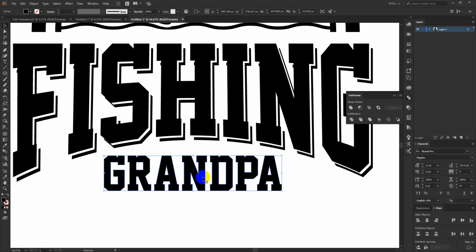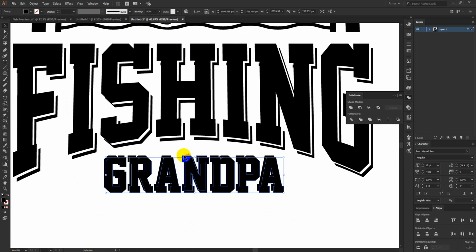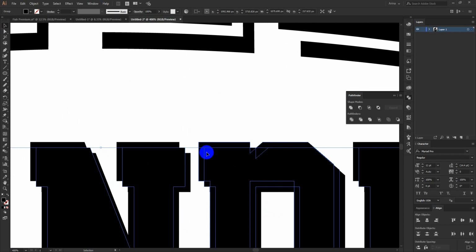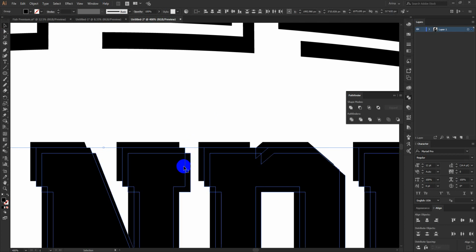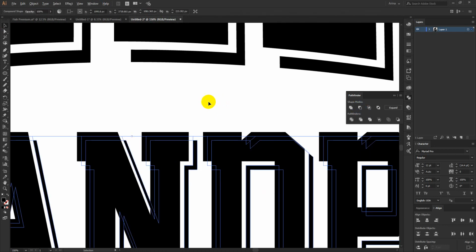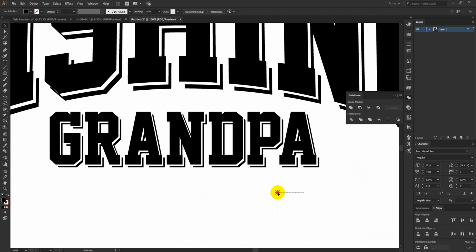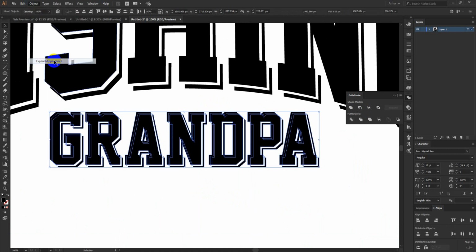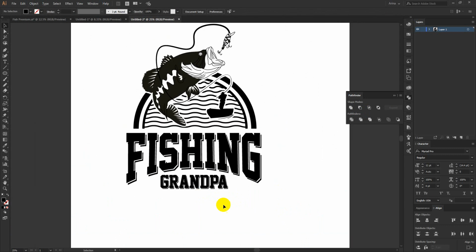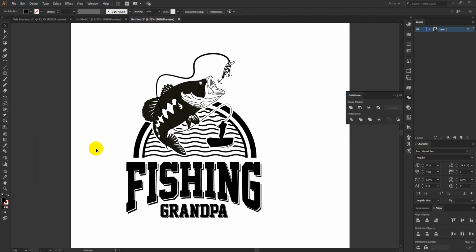We can do the same here, copy and paste in back. Now selecting the first color here, copy and paste in back, something like this. Now selecting these two colors using Minus Front. Okay, this is now good. So this is my final design, fishing grandpa.